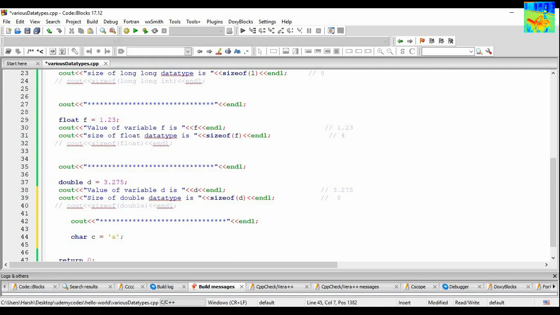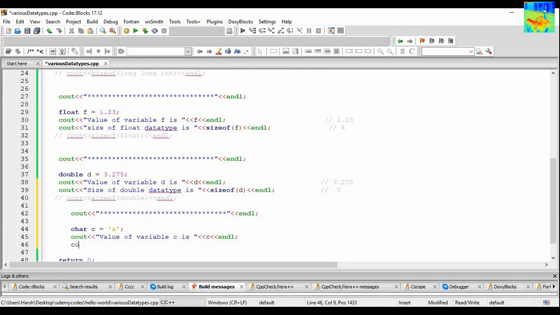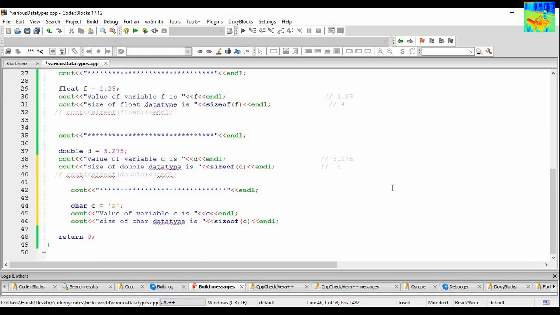First of all, let us print the value of variable C. cout "value of variable C is" c and then endl. Now let us print the size of the char data type. cout "size of char data type is", we will use the sizeof function and give c as input, and then endl.